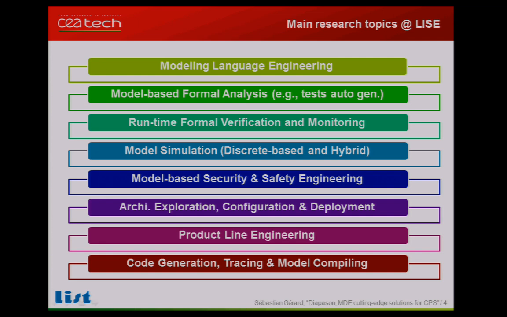Because we are involved in safe CPS systems, we are also very involved in formal analysis, runtime verification, and we also provide some features for model simulation. We are working on safety and security, architectural exploration, product line, code generation, trace model compilation, and so on. So we try to cover, I would say, mainly the left branch of the usual V cycle